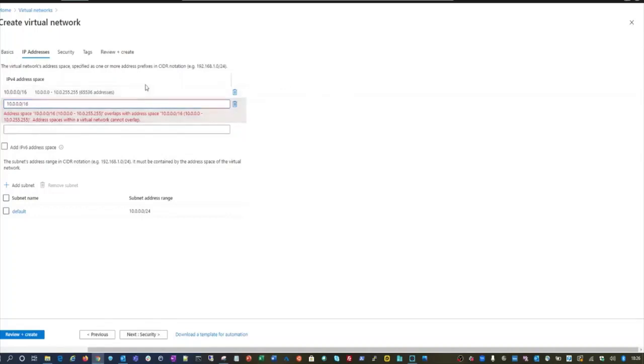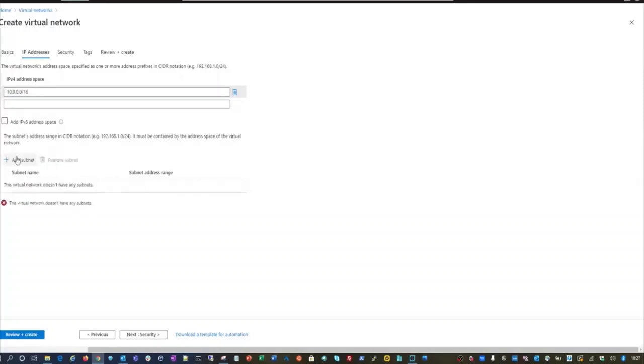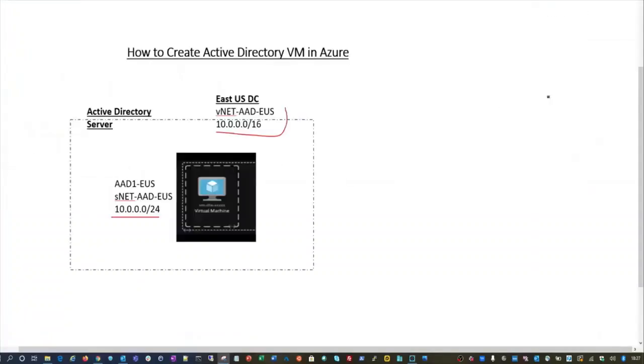I think it's already selected by default, so we don't need to edit here, but in case it's not there, you can edit. I will be deleting the default subnet and creating a subnet with a name. Let's give it a name AAD1 East US. No, that's a VM name, sorry. I will give the name SNet AAD East US.